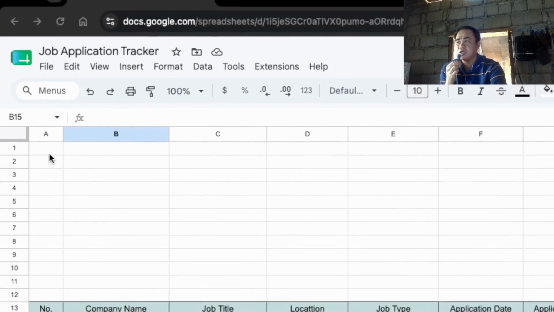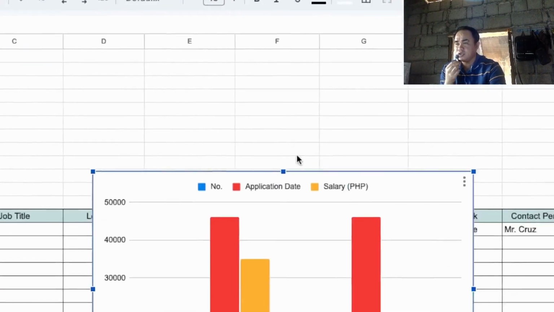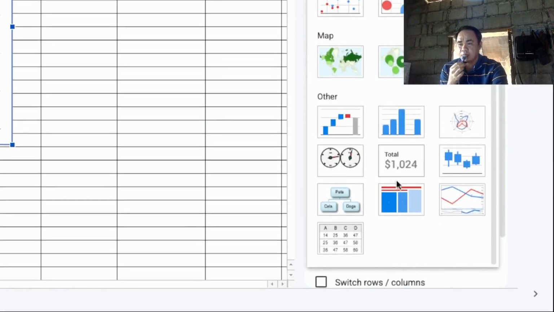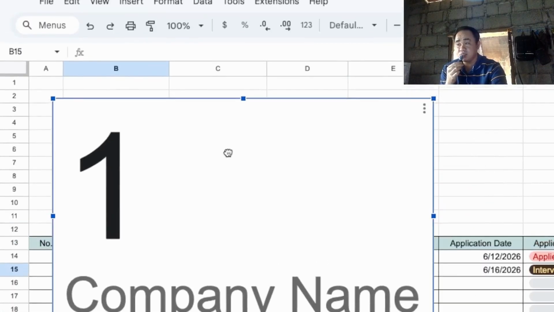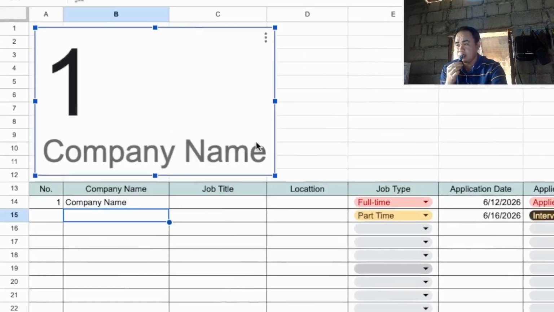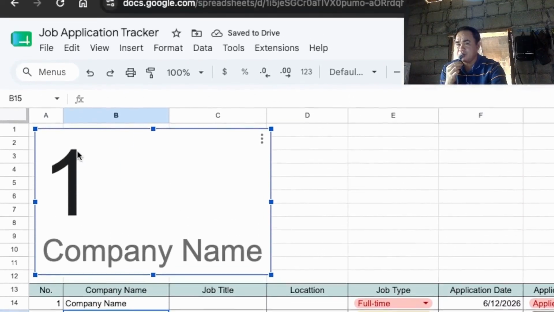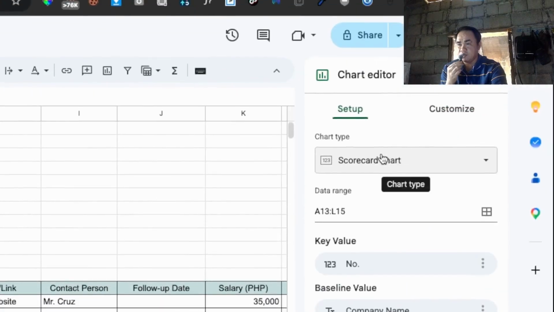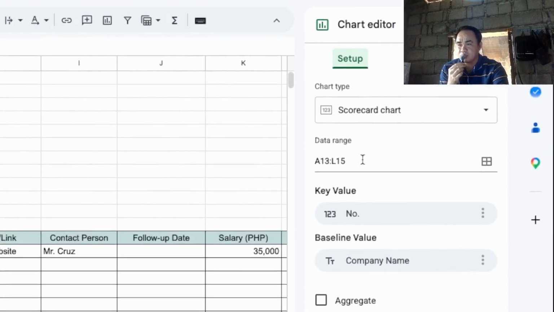You can just go to insert and then chart, and then let's change the type from column to this one, the scorecard chart, and then let's drag this here, and then let's resize the chart, and keeping this scorecard selected, go to setup, and then customize this one. So let's change this first, the data range.